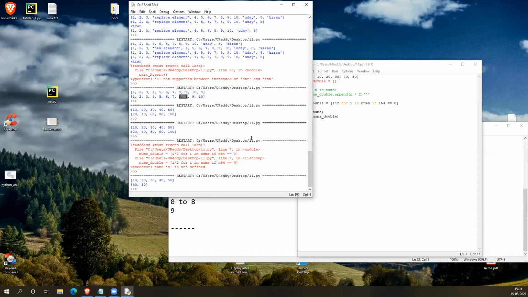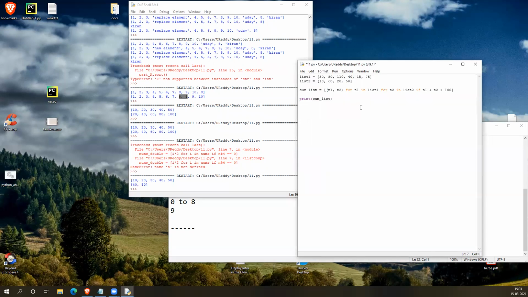Similarly, you can use multiple lists, not only a single one. So that one will be like this. You see, I am assigning 2 variables, and n1 is in list 1, n2 is in list 2, and I kept a condition also.